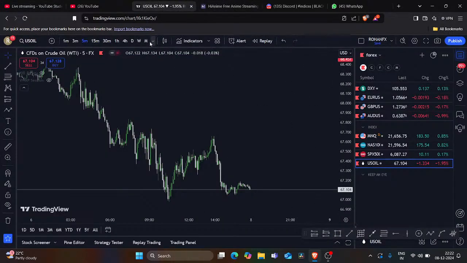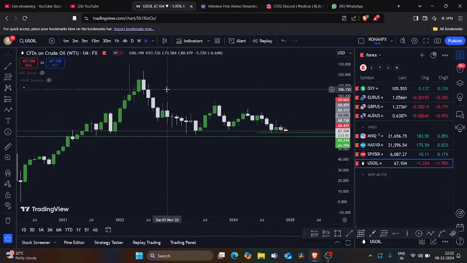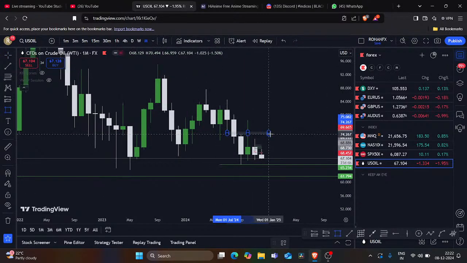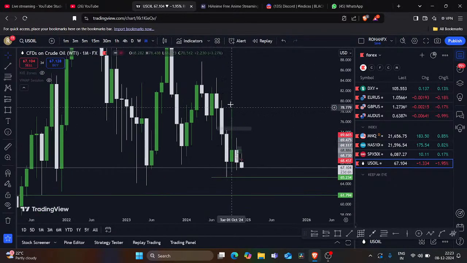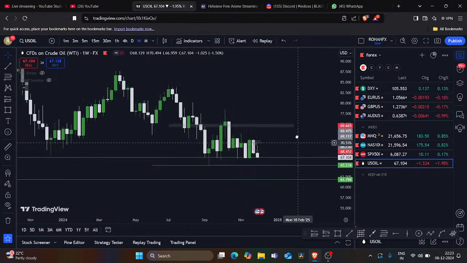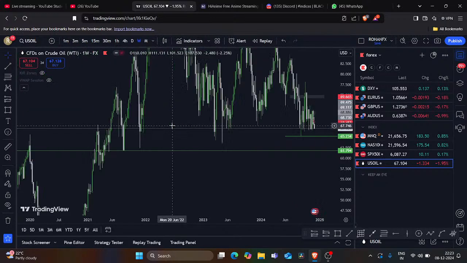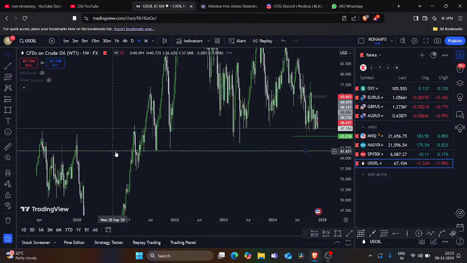Okay, so let's look at the oil. Oil as of now, to be honest, looks completely bearish. It is respecting the monthly FVG here. There's a big rejection coming over here. It has given a beautiful reaction from that fair value gap. So looking at this market structure, I feel that oil is going to fall, take out this, and fall till here. First target, second target, then we can expect the equal low.